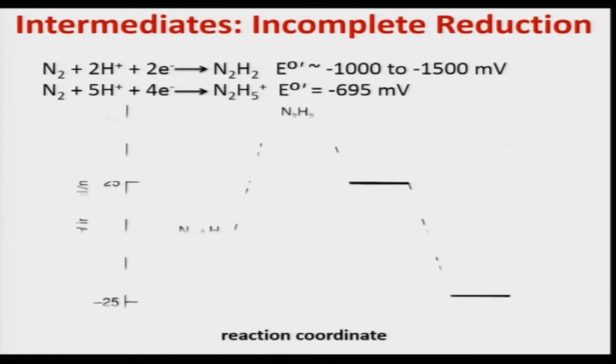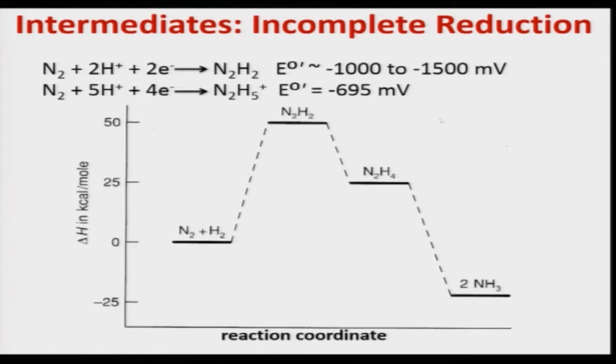Now, if you look at the diagram, you see that N2H2 and N2H4 are highly unfavorable because delta G has large positive values, and it looks like an impossible task to go through all these intermediates